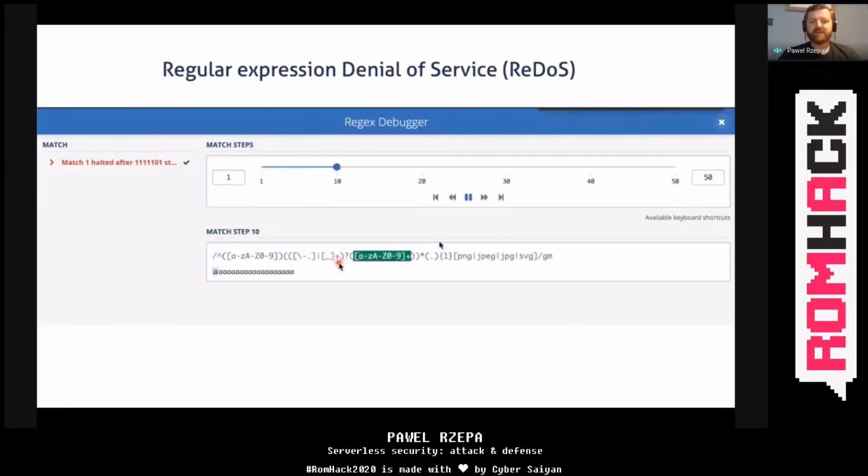Catastrophic backtracking is supported by most regex engines, which basically means that if there are places like here with the plus sign, where a different decision about matching or not matching could be made, then the whole process goes back to the last point where another decision could be made.